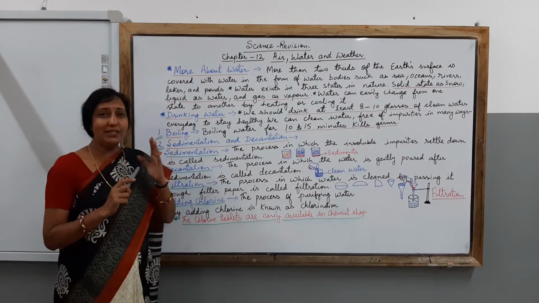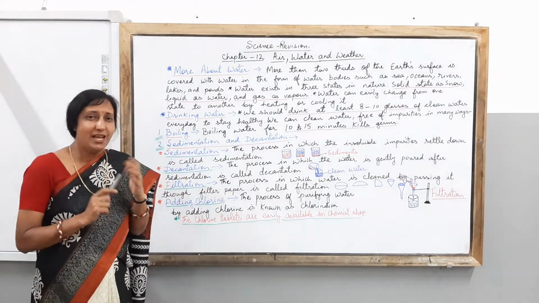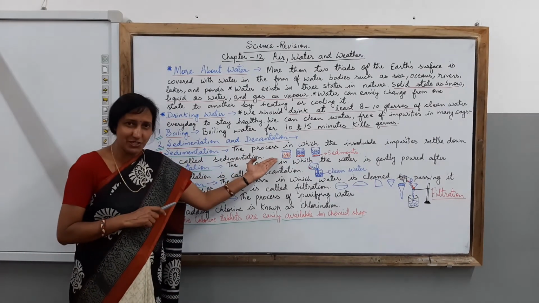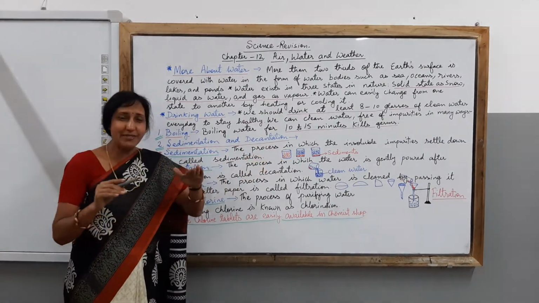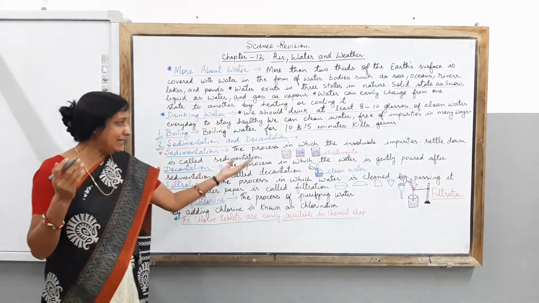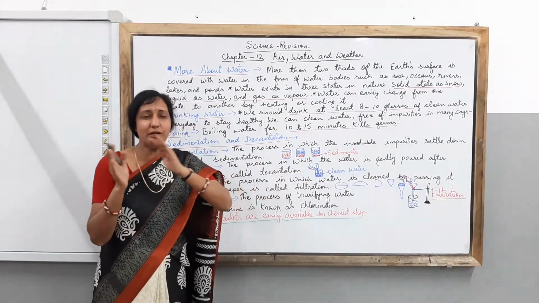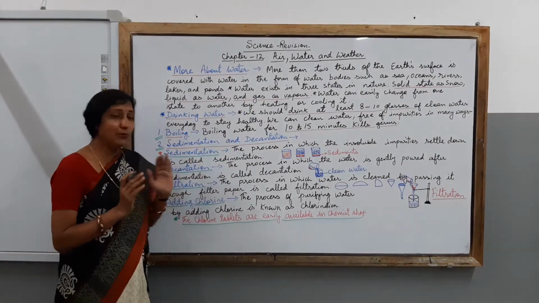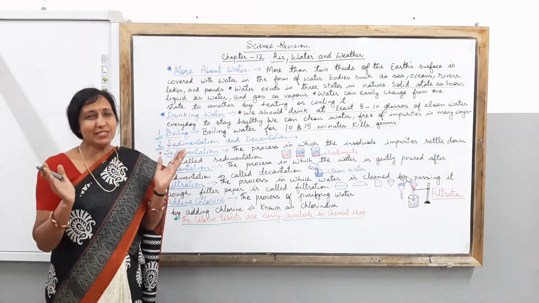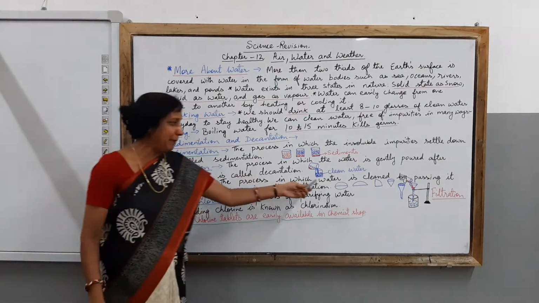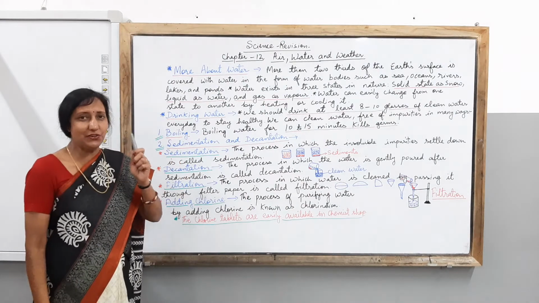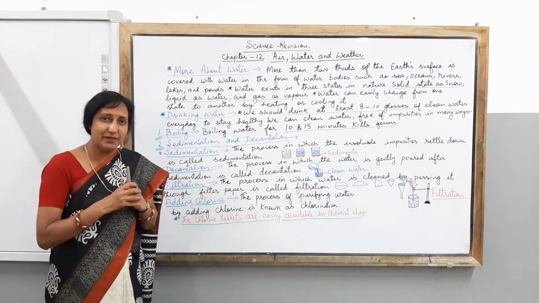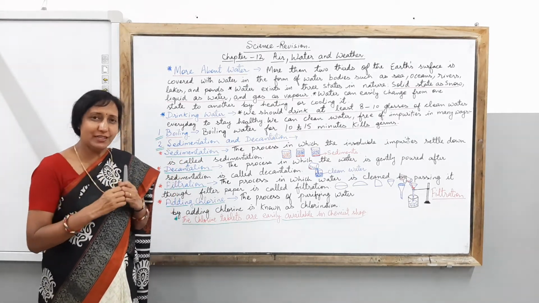Then children, you have learned that boiling takes only 10 to 15 minutes to kill the germs. Then children, you have known about the process of sedimentation, how you have to settle down the sediments and get the clean water, and then doing decantation by pouring the clean water into another container. And then children, you have come to know all about filtration, which takes place with the help of a filter paper. When you are doing this filtration, all the mud and the impurities are collected in the filter paper and you are able to get clean water in the flask.